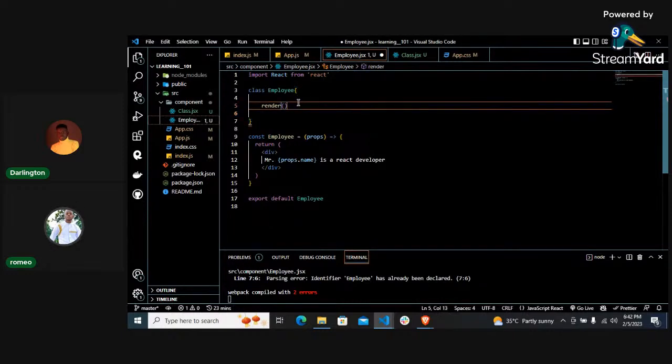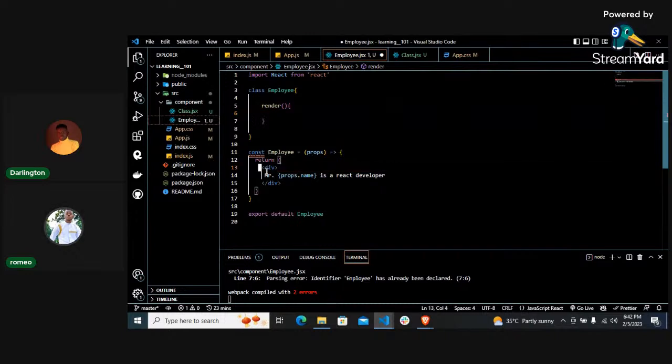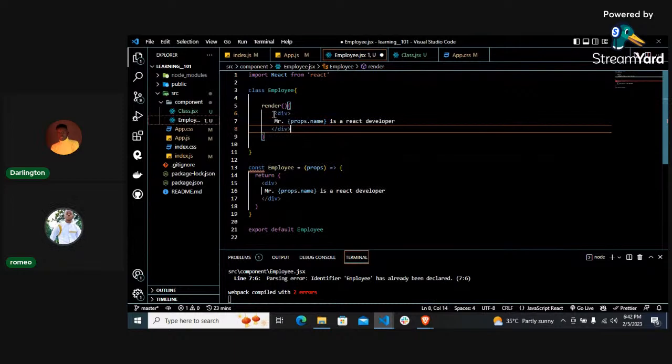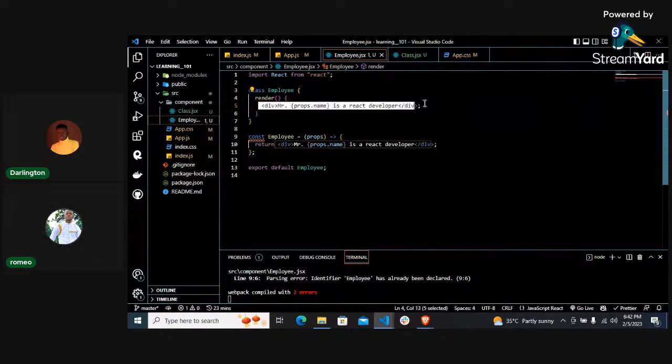All right, the render function means inside here, you should be expecting this. Hearing the name alone, you should understand what's going to happen. The render function is expecting what should be rendered to the screen. Yeah, there should be a lot of errors already because of this particular employee. They are both the same. All right, but then what is wrong with this particular thing